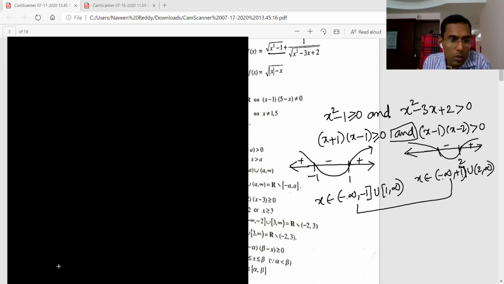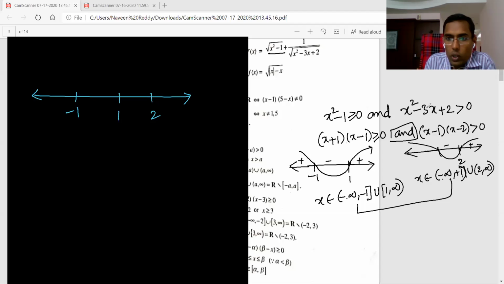Yeah, all right. So we'll discuss this one. This one is like this. Now I draw on this: here this is minus 1, this is 1 and this is 2. Now what I told is this one is 2 to infinity, like this. Now this one is 1 to infinity. For this it is 1 to infinity. So 1 to infinity is what?